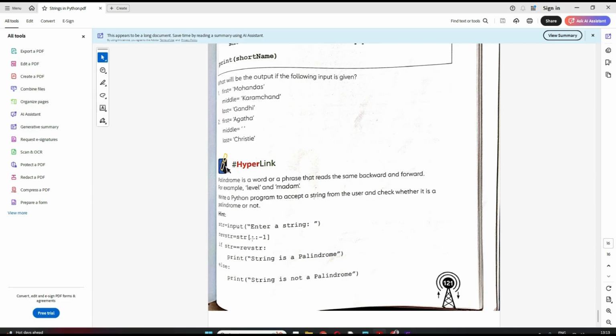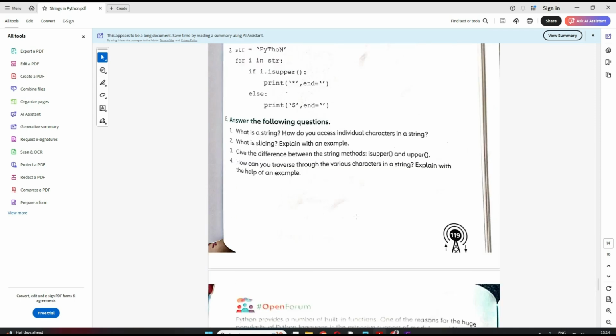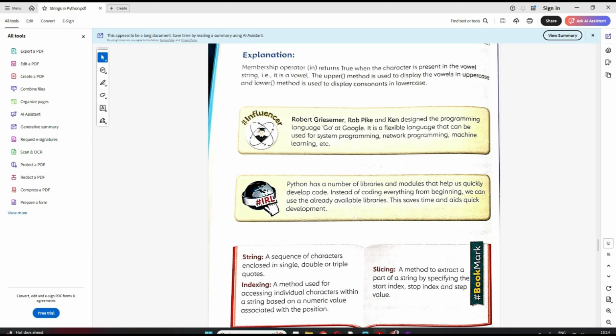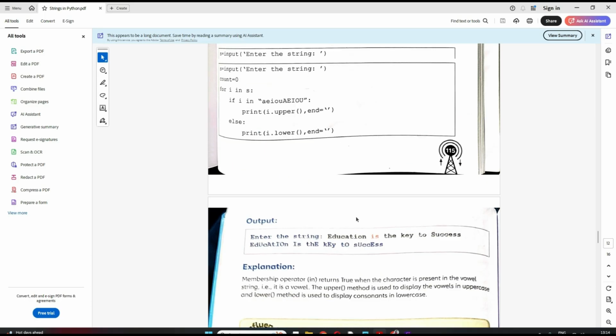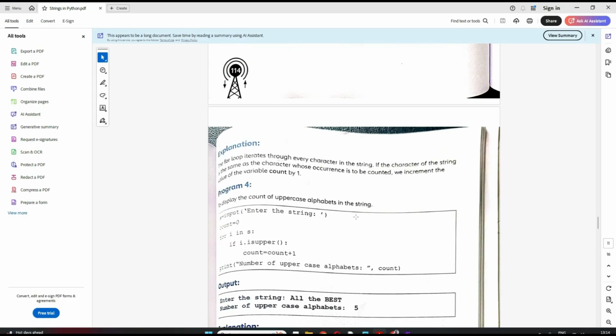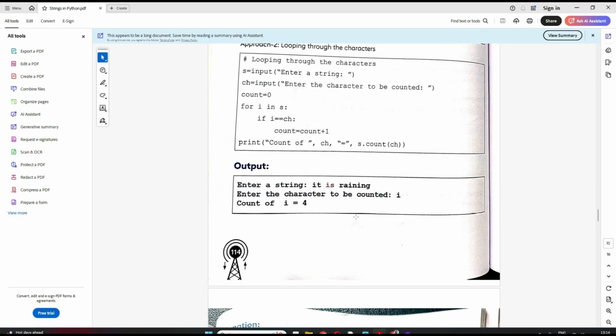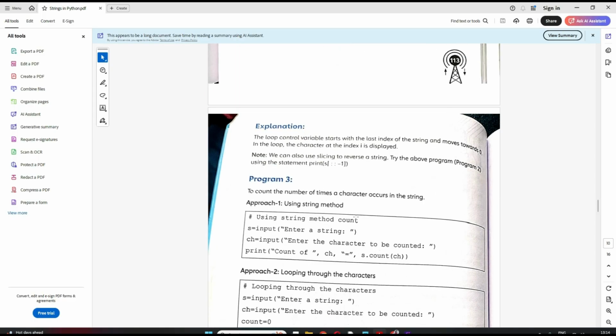So you have to start from the end, go. So this is wrong. I think you should start from the length of the string, go till 0, and then in the step of minus 1. If you remember, in one of the examples before, we did reversing of a string, right? Somewhere here we did. So that is what you just have to use to reverse a string.